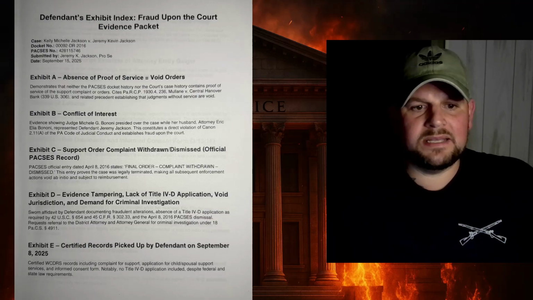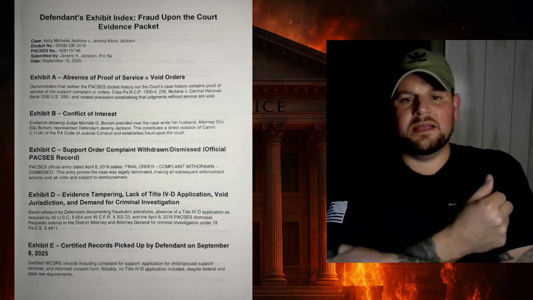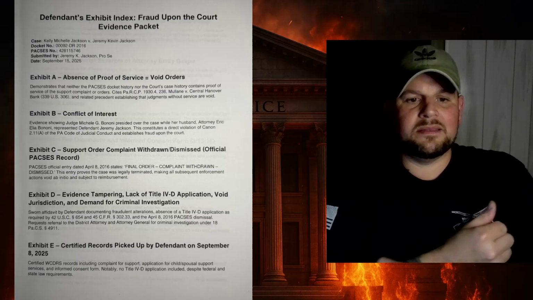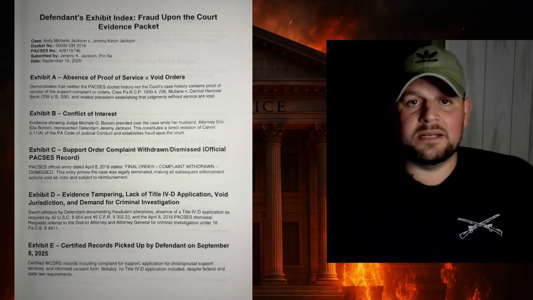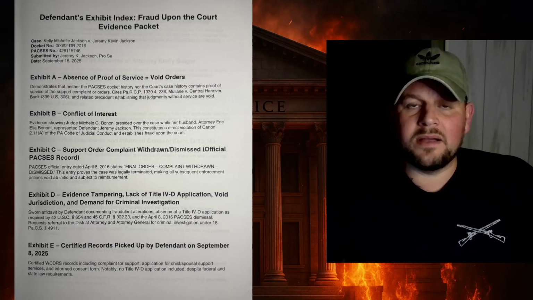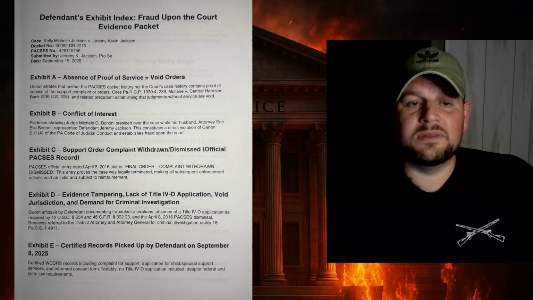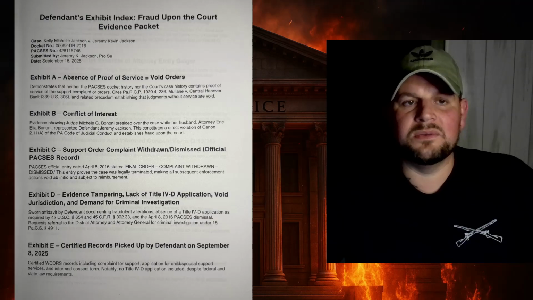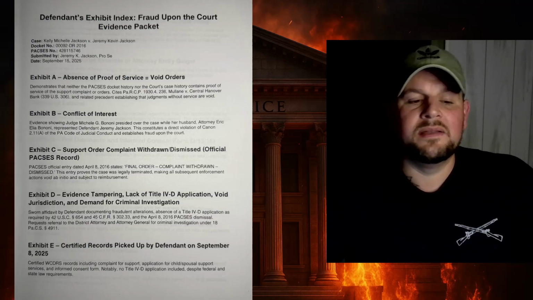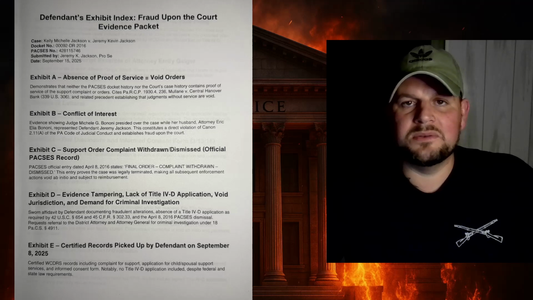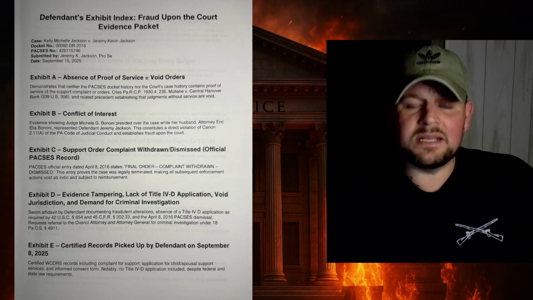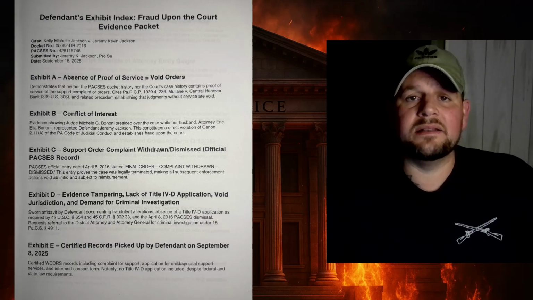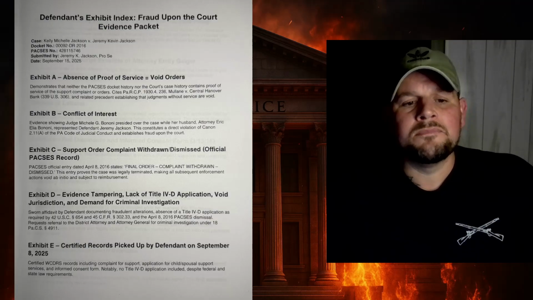Next thing here is Exhibit E, certified records picked up by me on September 8th. I went up there and demanded all of my documents that child support domestic relations ever had from me or for me, anything involving me. From my daughter's case, which she's now 21, 22, so she's aged out and that case is closed, as well as the current case for my two sons. I demanded every piece of paperwork that they ever had involving my case.